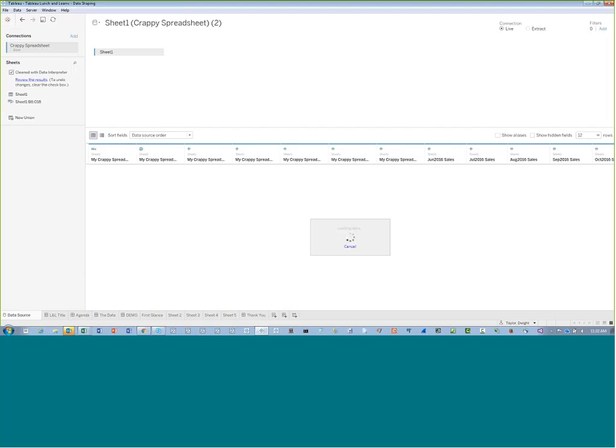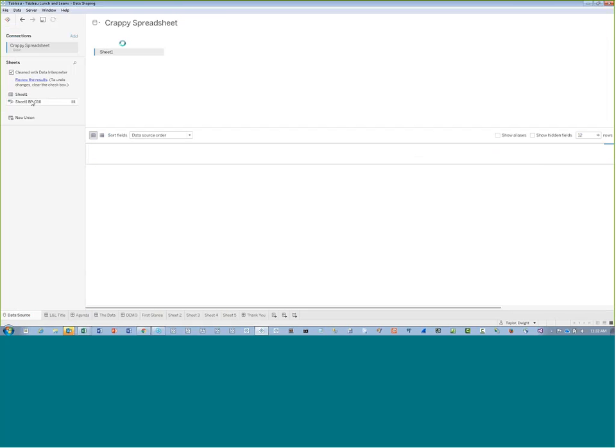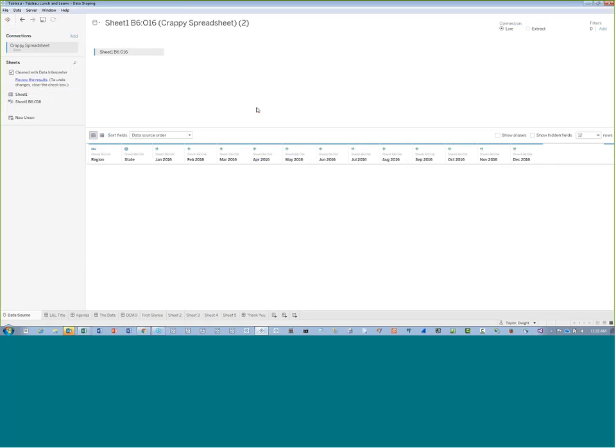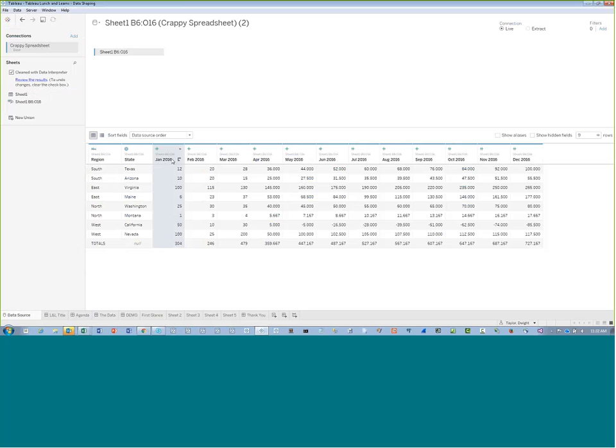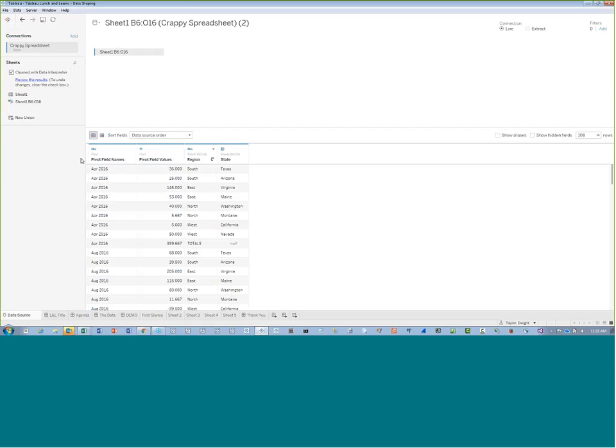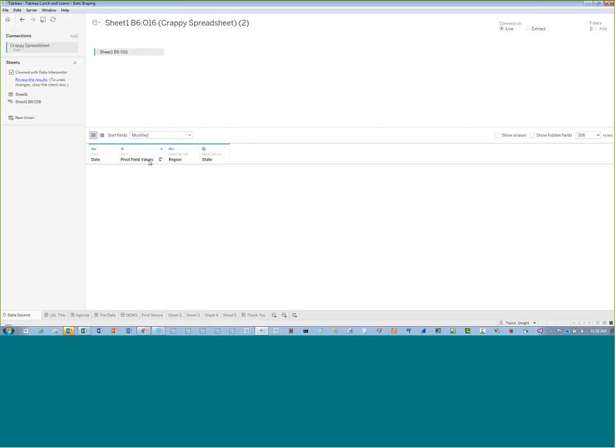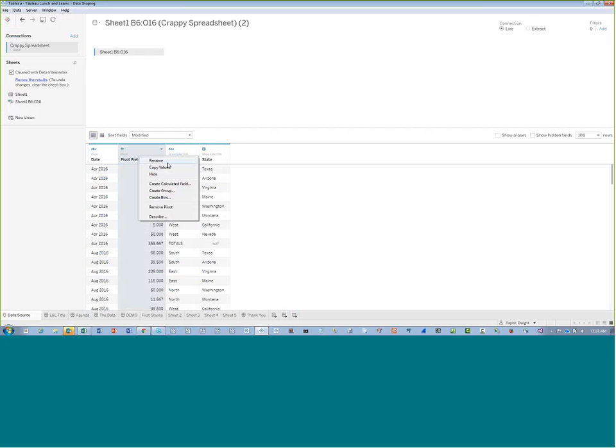We're going to use our data interpreter. We're not going to use sheet 1. We're going to use our derived table, and we're going to do our pivot because we really enjoyed that. Who doesn't love a good pivot? We're going to rename this to date, rename this to sales,